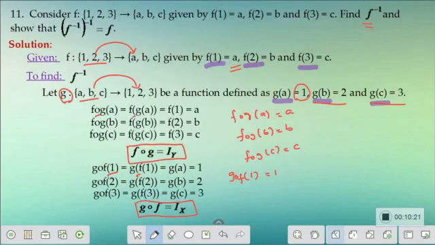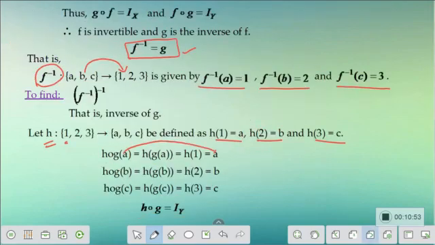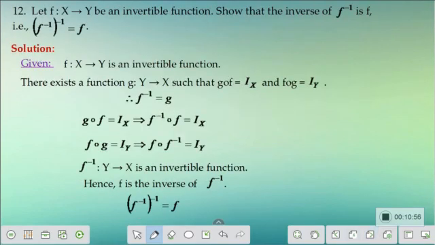Are we done with the second part? Yes, we are done with the second part of the question also. So that's all. We are done with the entire process of finding f inverse and the inverse of f inverse. I hope you are able to understand the process. Not that difficult. We just have to assume the inverses by different letters, g and h. We'll assume it and we'll prove those are also invertible using the composition of functions, and then we derive the given relation, that is inverse of f inverse is f. Now let's move on to the next problem.